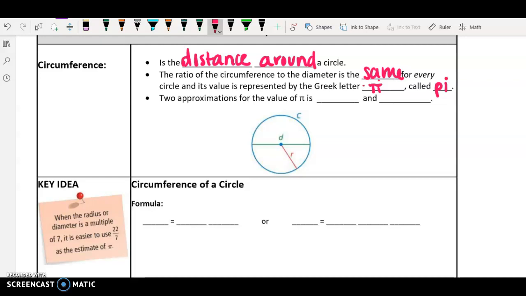Two approximations for the value pi are 3.14 or 22 over 7. The thing about pi is that it goes on forever. It's a never-ending number: 3.14, and it goes on and on. So we can't actually get the exact value of pi, but if we round it and use 3.14, it can give us a pretty close